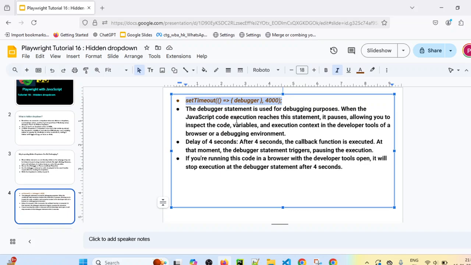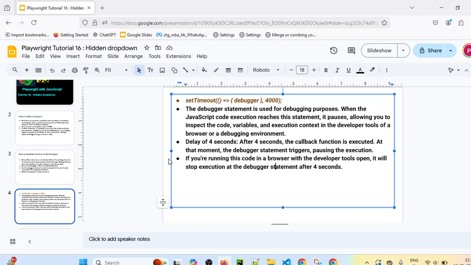When the JavaScript code execution reaches this statement, it will pause the execution, allowing you to inspect the code, variables, and execution context in the development tools of a browser or a debugging environment. It is a delay of 4 seconds which we have added. After 4 seconds, the callback function will be executed. At that moment, the debugger statement will trigger and pause the execution, and we can easily inspect the drop down